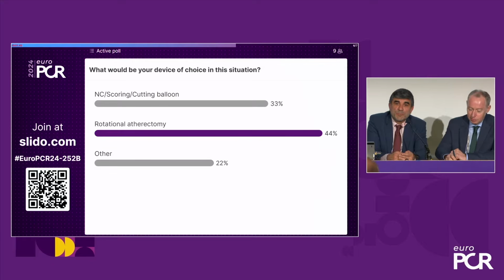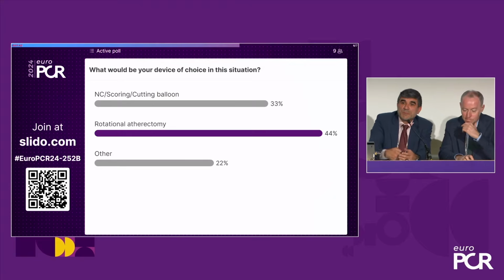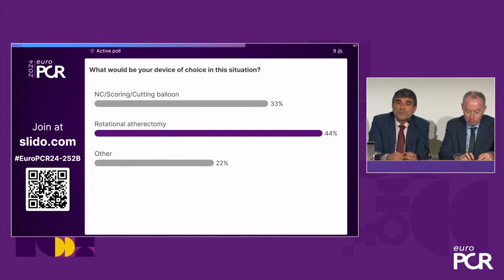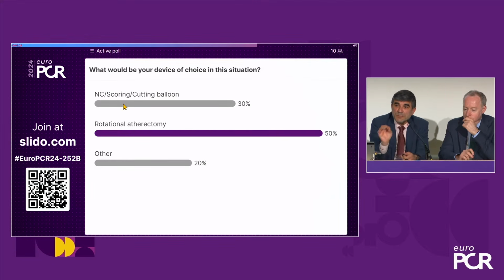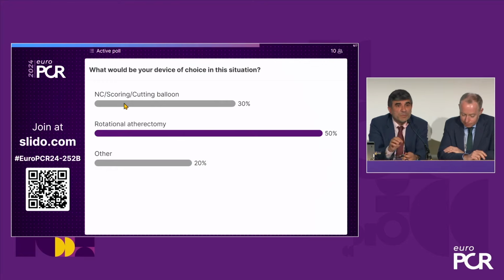I think there are multiple approaches. Of course, we all know about uncrossable undilatable lesions. We start step-by-step, i.e. small, low-profile balloons, microcatheters. However, you could spend a long time trying to do this. And if you want to use rotablation or orbital atherectomy, it requires a special wire. You have to deliver the wire before you do the rotablation. So if you deliver an angioplasty wire and you cannot deliver anything, the only option you will have is probably